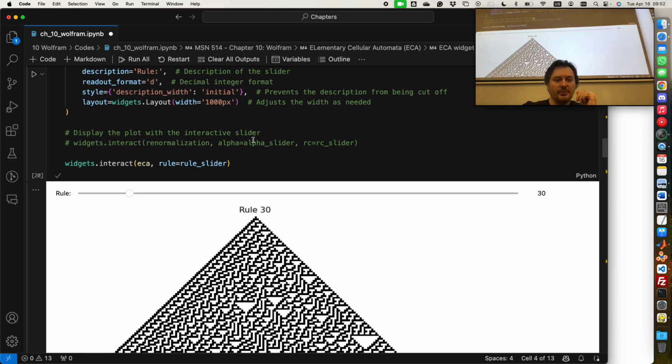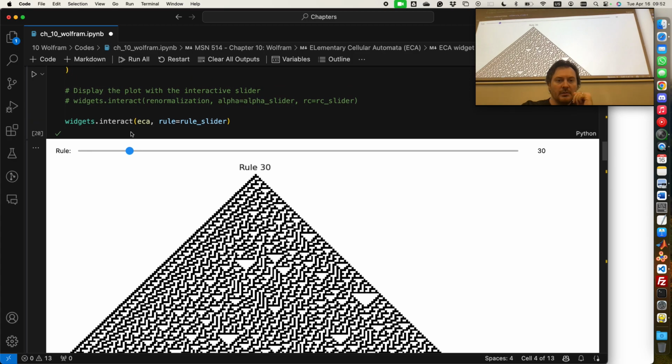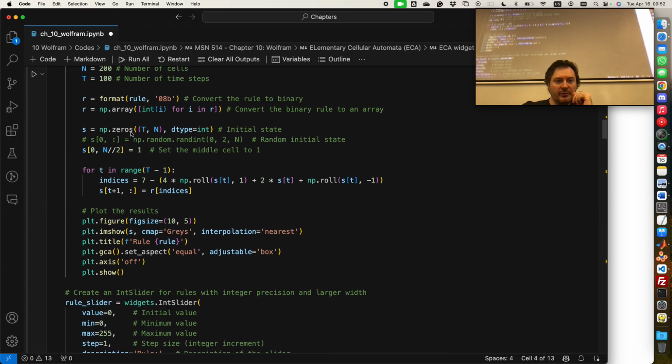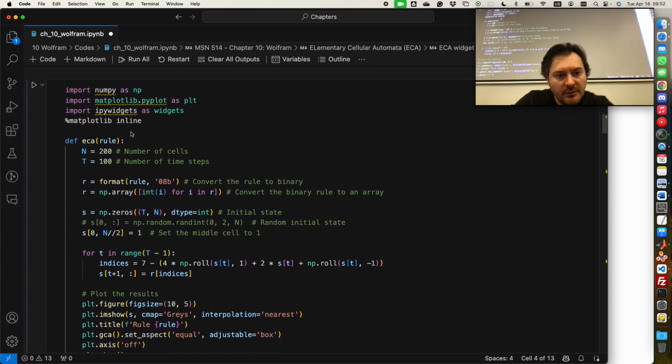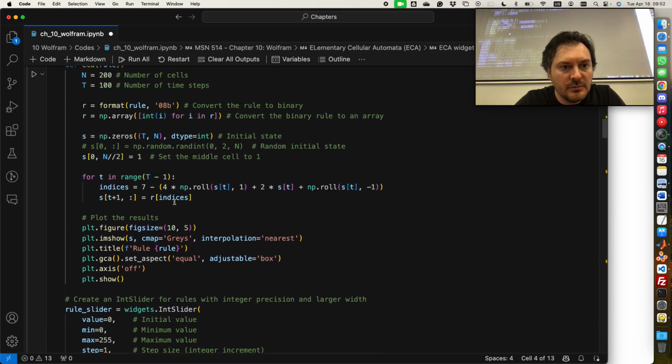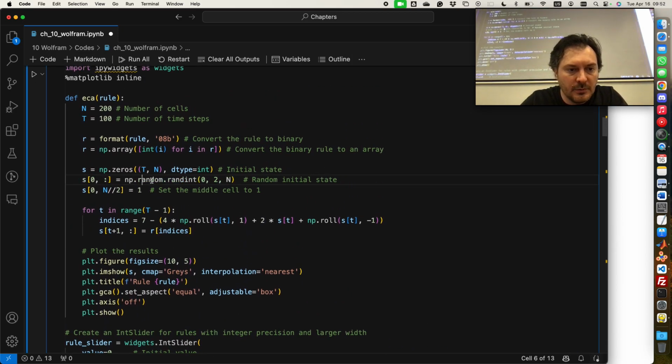We can continue. Let's switch to random initial condition. Do we have random initial condition here? Yes, we do.